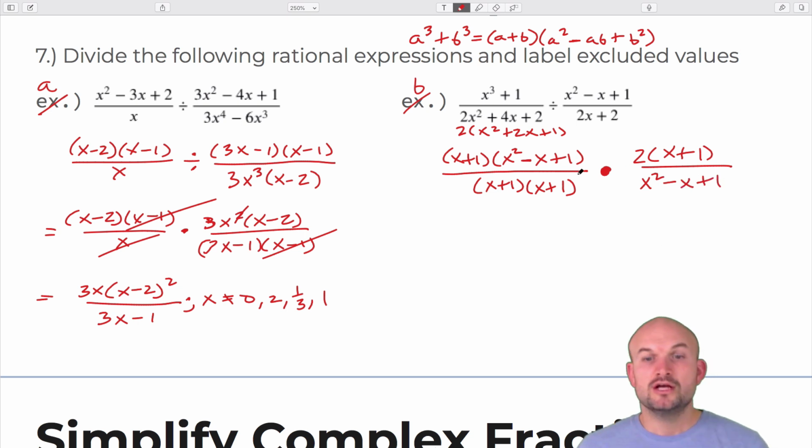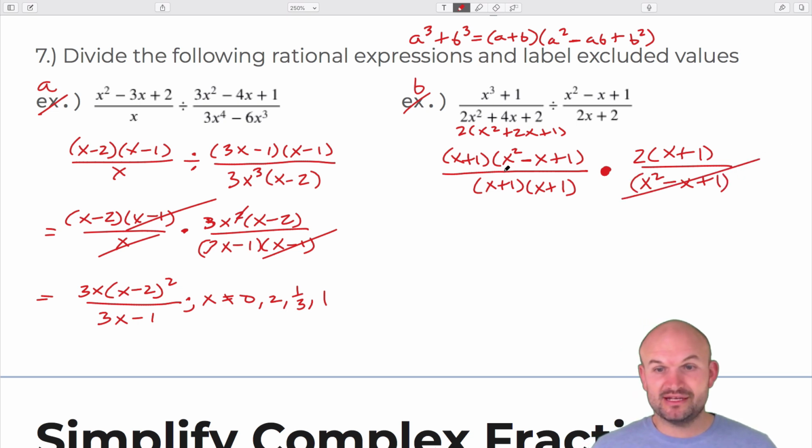Okay, so now you can see that this whole quantity is going to be divided out with that whole quantity. Here, the x plus 1s divide out, right? Here, these x plus 1s divide out. Leave me just with the number 2. But it's the number 2 where x cannot equal,